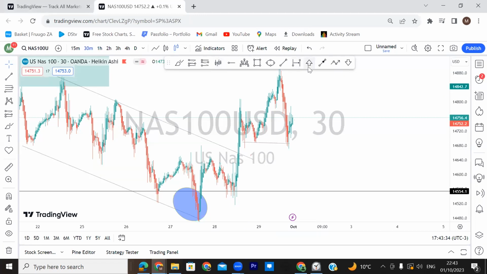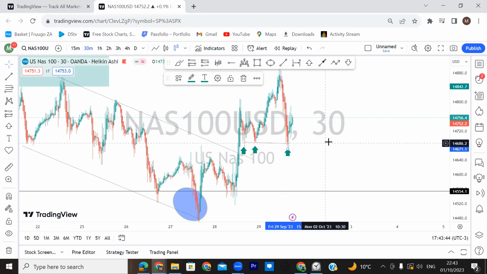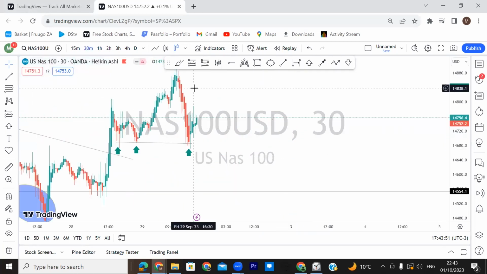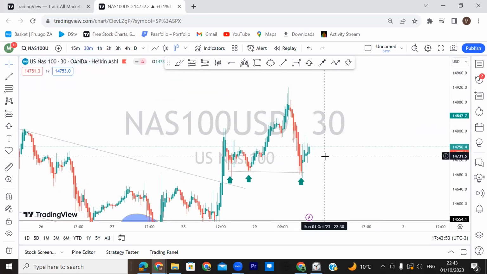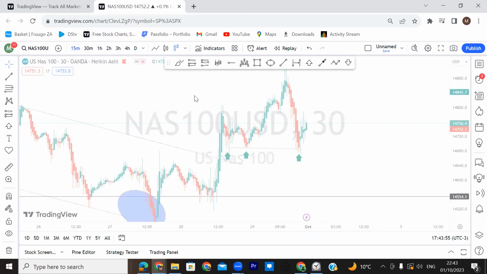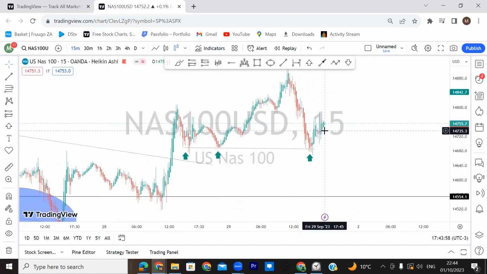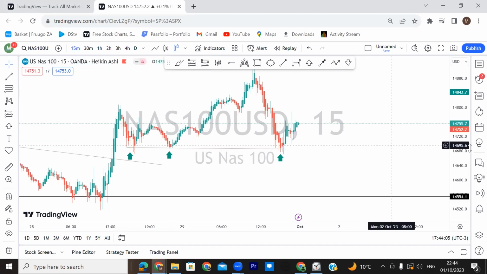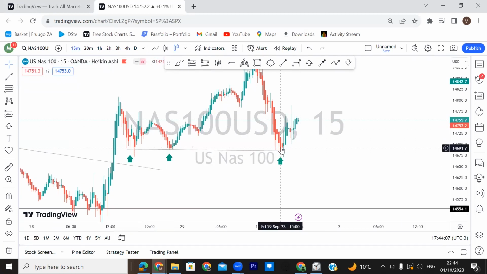So let's quickly count the number of touches that we have with this small correction. You can see we have 3 touches, and third touch is what we're going to focus on. So third touch, highest probability. If I zoom in and scale down to the 15-minute time frame, you can see that the price is kind of like